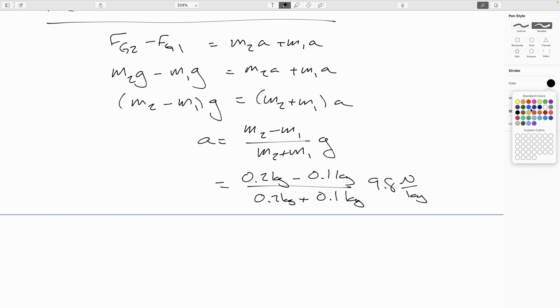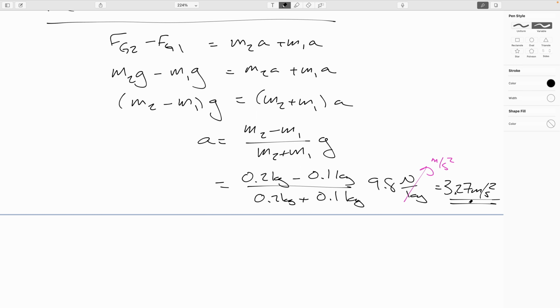But remember, dimensionally, that's the same as meters per second squared. So we'll make that substitution here to get that it is 3.27 meters per second squared,